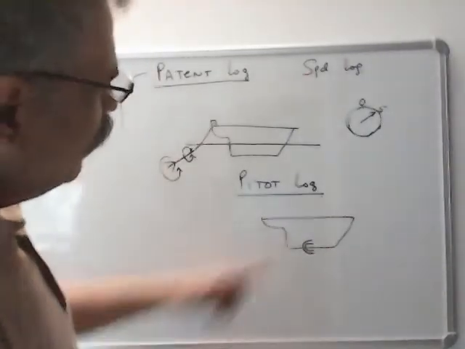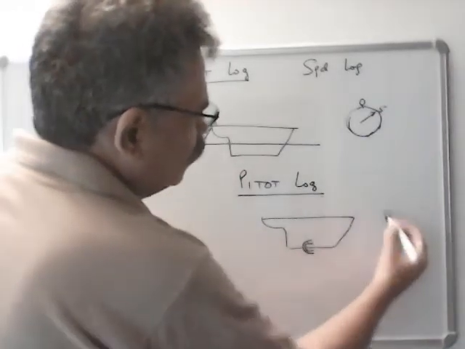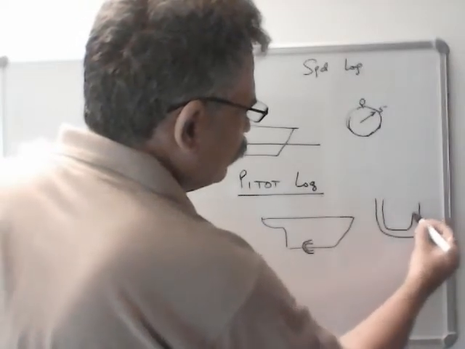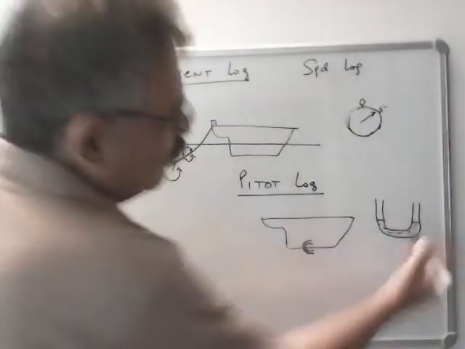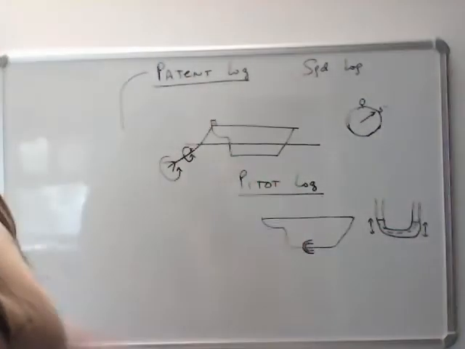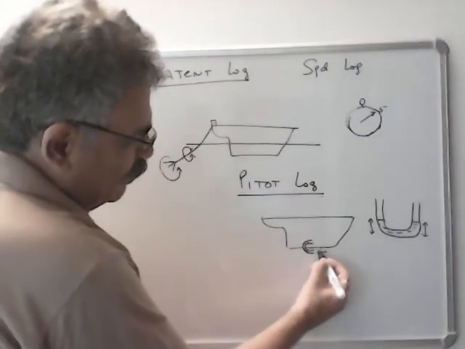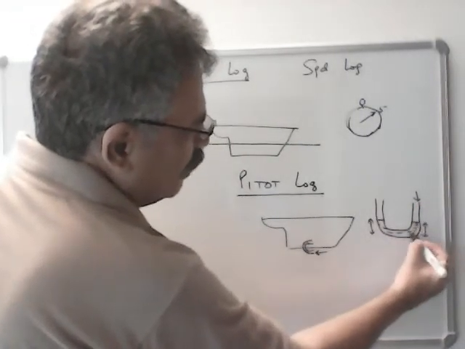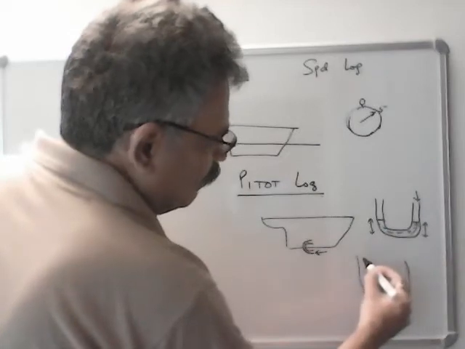It's like a U-tube, if I may, and it's got a liquid. So this U-tube, it looks like this, and this is the liquid. Initially, the height of liquid is the same on both the sides when the ship is stopped, not moving. But as the ship is moving, the seawater goes inside one of the arms of the U-tube here, creates pressure, and this liquid is pushed down, this liquid goes up. So this U-tube looks like this when the ship is at full away.